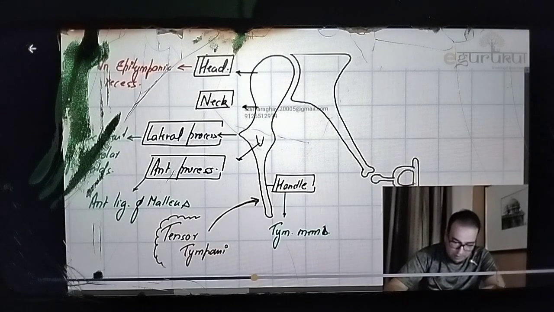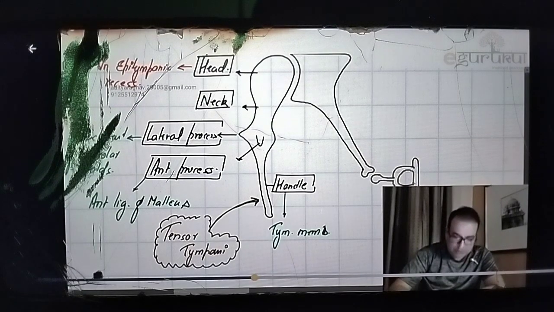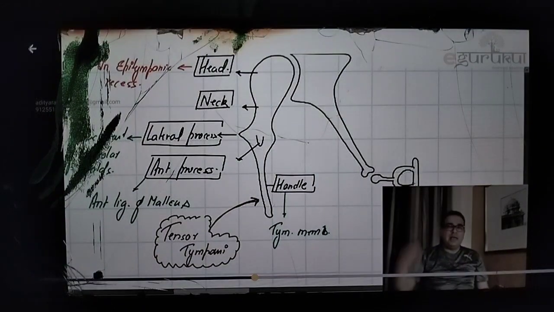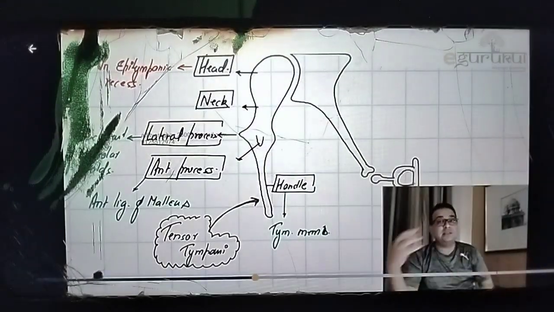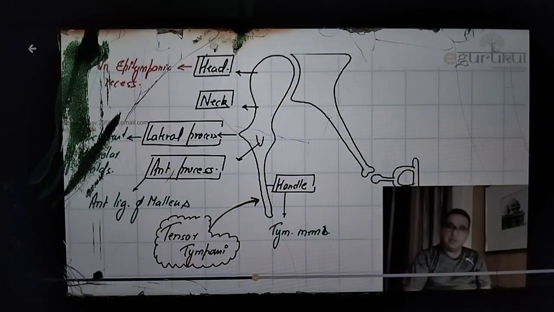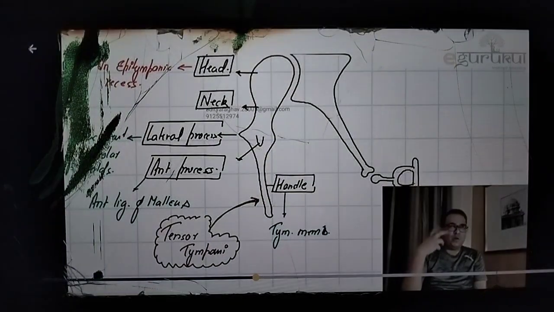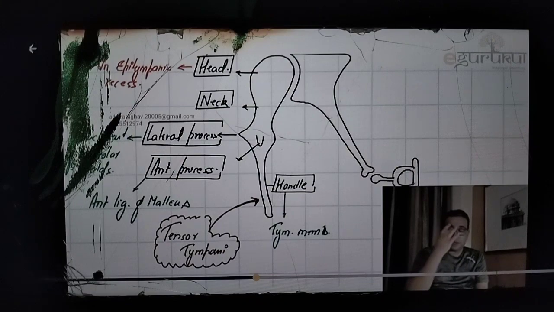It is supplied by the mandibular nerve. We said the two tensor muscles are supplied by the mandibular nerve. So this tensor tympani muscle is attached to the handle of the malleus. Handle of malleus is attached to what? It is attached to the tympanic membrane, and it pulls the tympanic membrane inside, tensing the tympanic membrane. That's why the name of the muscle is tensor tympani. To understand the orientation of the middle ear, you have to understand these bones,